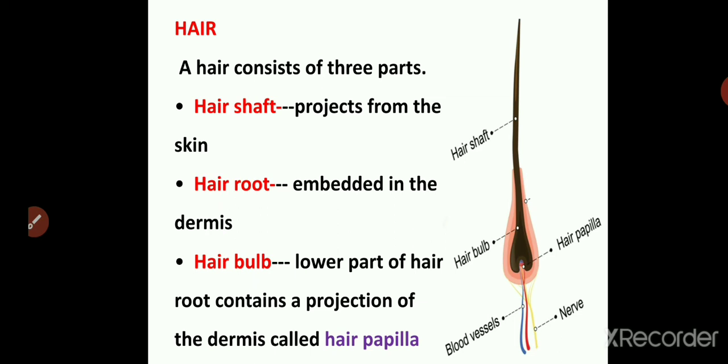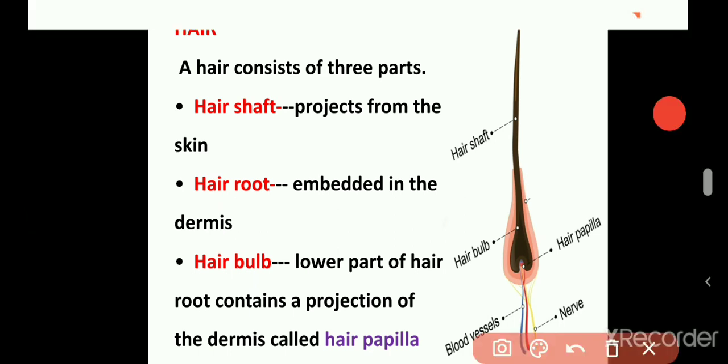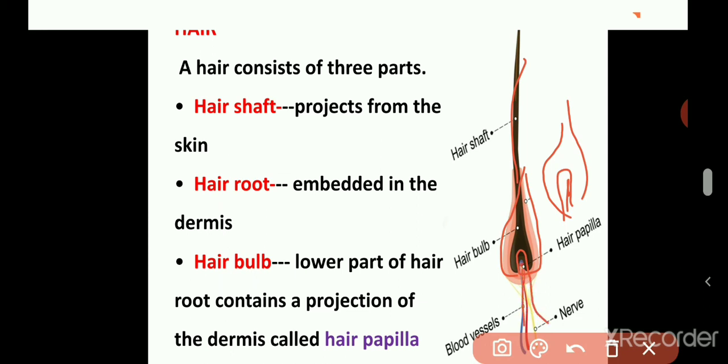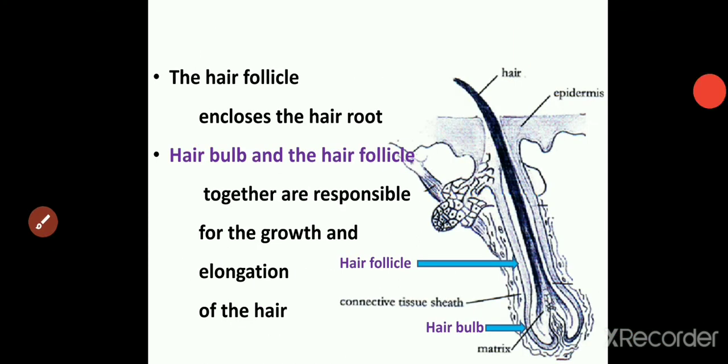As you can see in the diagram, all the parts are labeled very clearly. You can see the hair shaft, then the hair bulb. This is the hair shaft. Then this is the hair bulb. This is the hair papillae, the projection. It has an inward projection in this manner. So this becomes the papillary region. Then the blood vessels and the nerve fibers going through it. So first let us see what is the hair